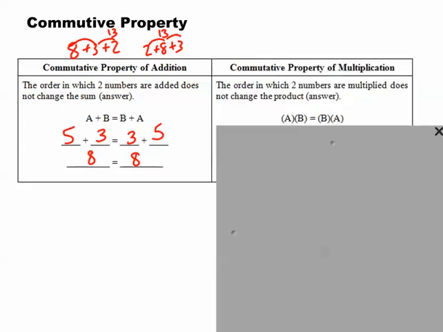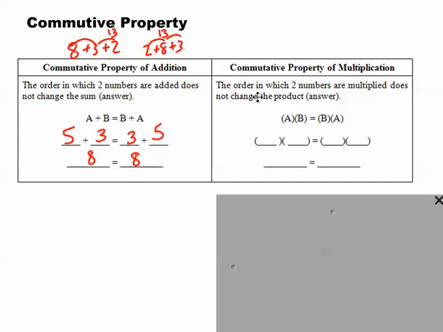Now let's look at the commutative property for multiplication, which is actually the same exact thing. If I change the order in which two numbers are multiplied, it doesn't change the answer. So let's just pick some numbers. So this says a times b is the same as b times a. So let's just put some real numbers in here. Let's say 2 times 3 is the same as 3 times 2, because 2 times 3 is 6, and 3 times 2